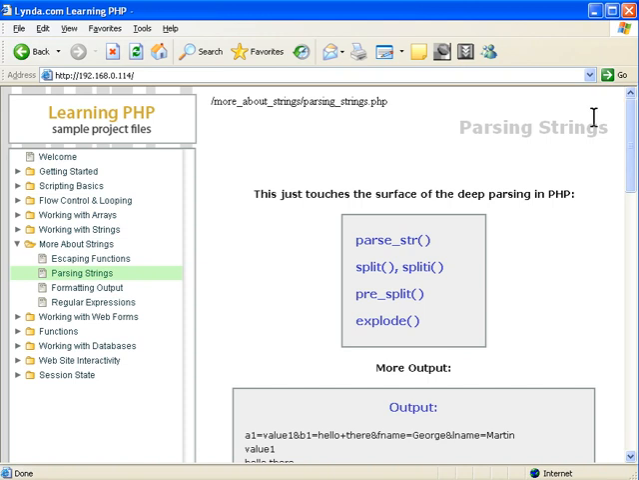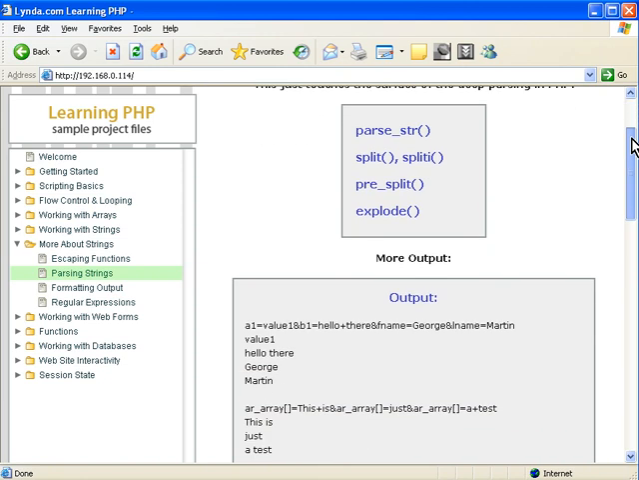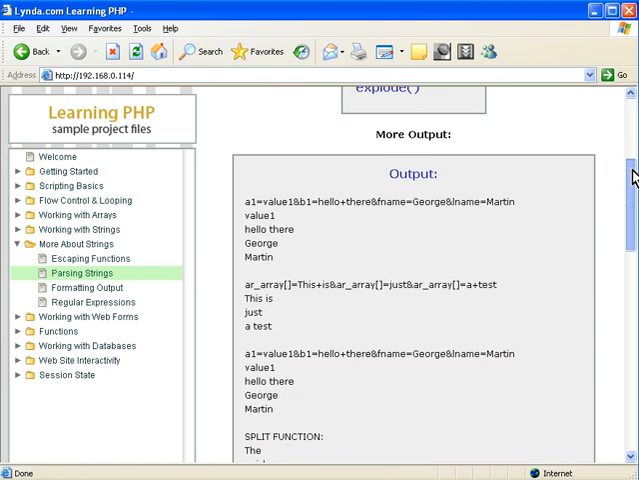Let's take a look at parsing strings. Now we have some different functions that we can take a look at. We have parse_str, split, spliti, preg_split, and explode. We're going to take a look at different ways of parsing strings that allow us to actually take a string, and it